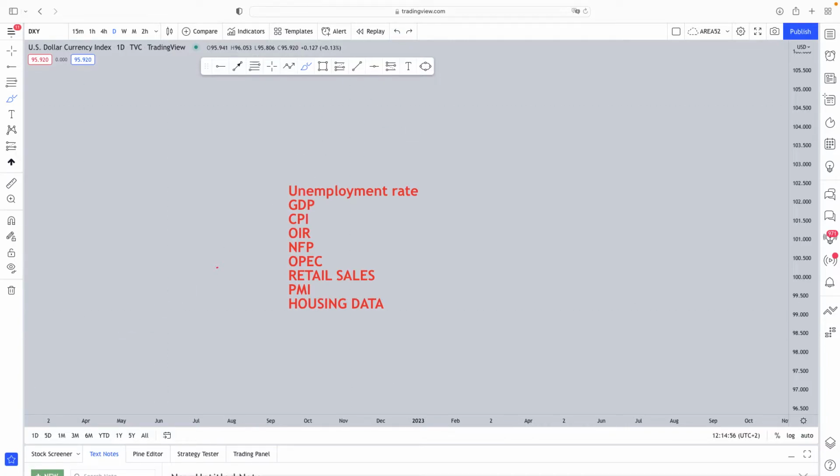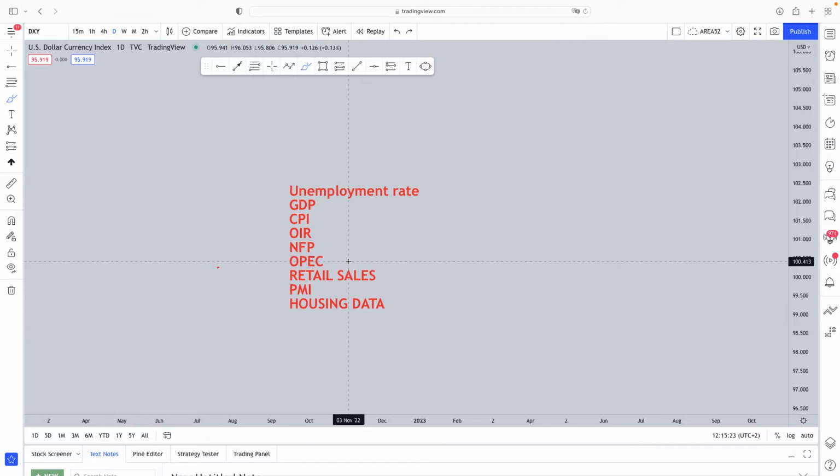The NFP is the non-farm payroll figure, and this measures the number of additional jobs added from the previous month by corporate America, which is an important leading indicator of the overall employment situation. So it's kind of the same thing that we got over here. The NFP basically tells us how many jobs were created in the previous month.